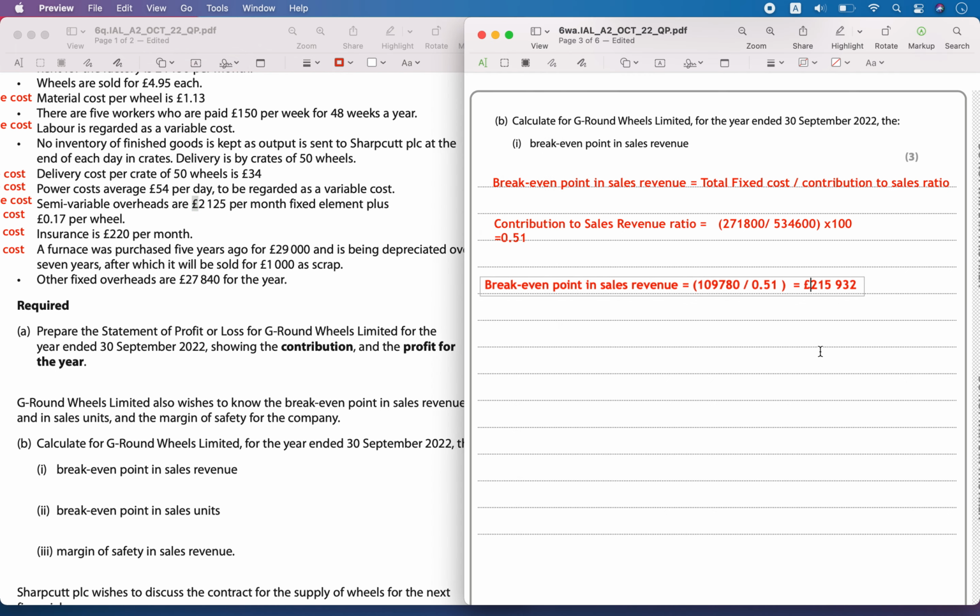So this is the break-even point in terms of sales revenue, and it is expressed in pounds. After that you will start to make a profit. If you sell below this break-even point in terms of sales revenue, you